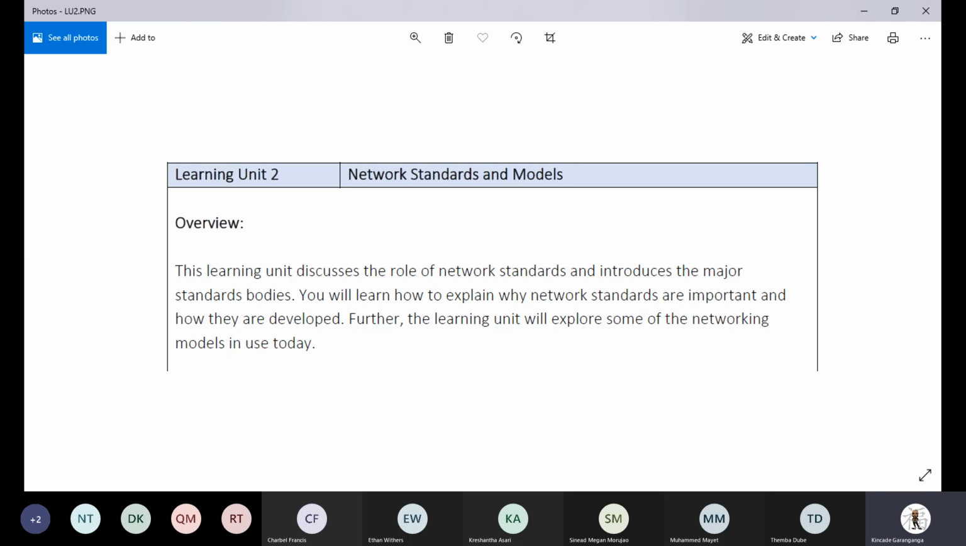So this is what this particular learning unit is actually looking at, and looking at the different models that are there. I think one of the most important ones in terms of understanding what's happening is the OSI model, or the Open System Interconnect model, also working hand in hand with the TCP/IP model. All right, so there's going to be a lot of talk in terms of protocols,